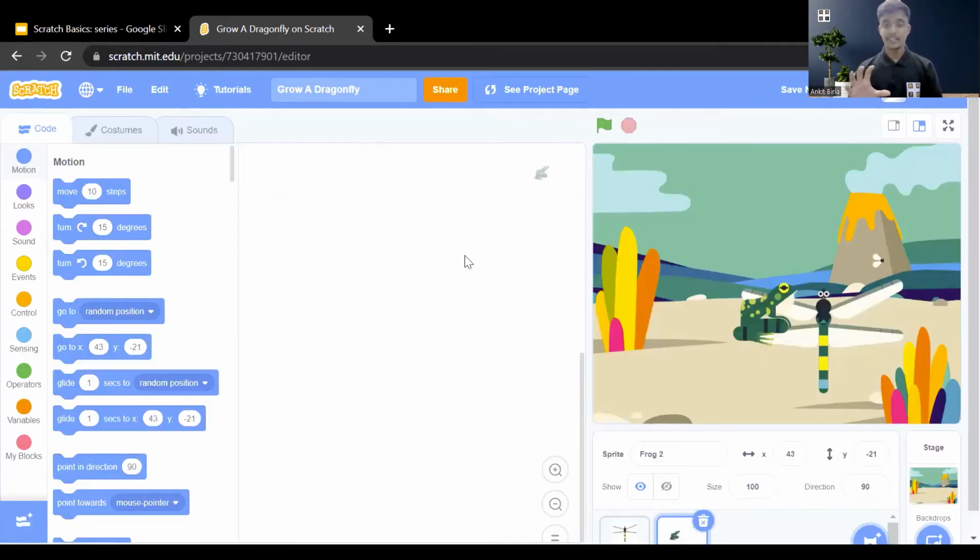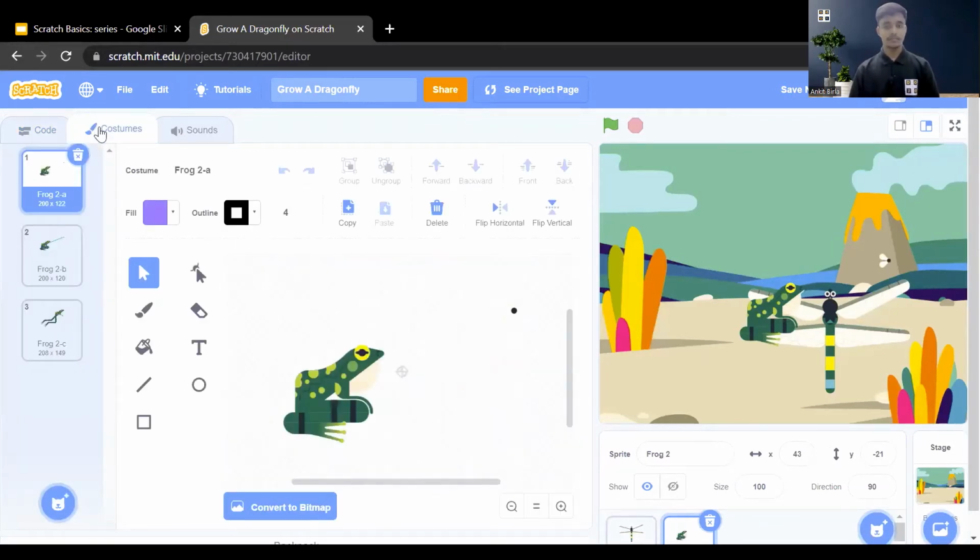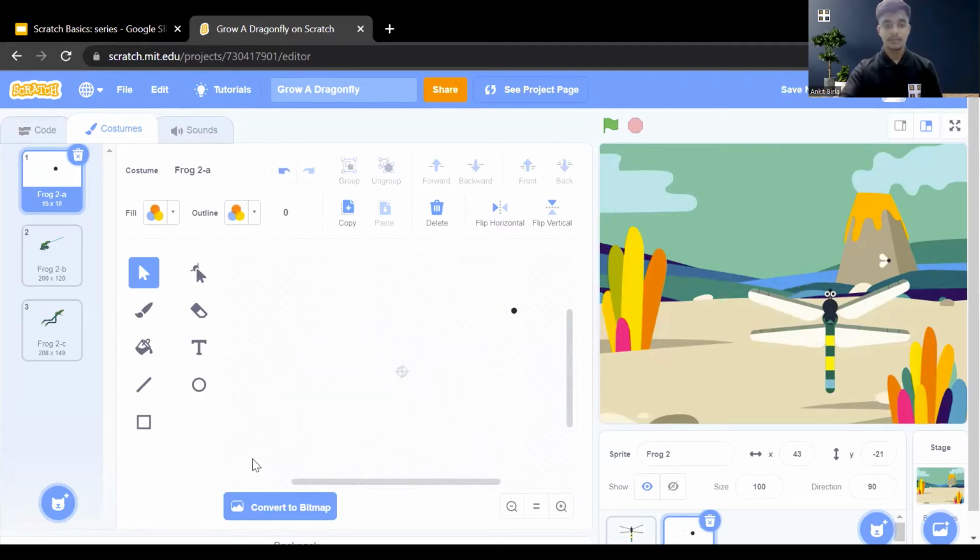So first add this sprite, click on the costume section. And we are going to take only this insect. So delete the frog, and also delete the rest of the costumes,